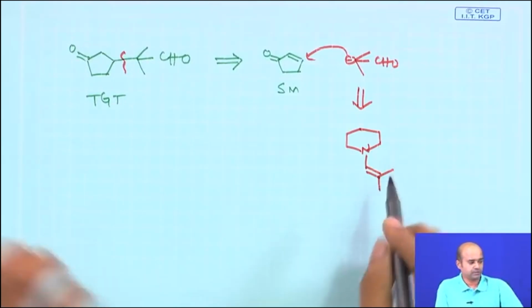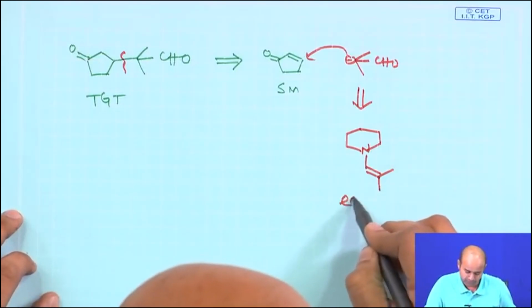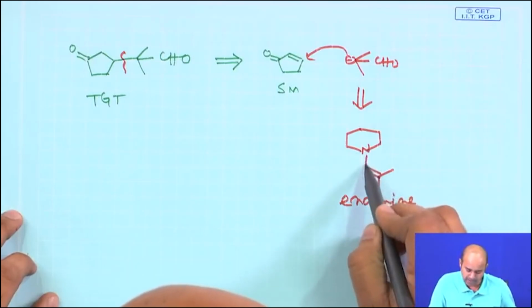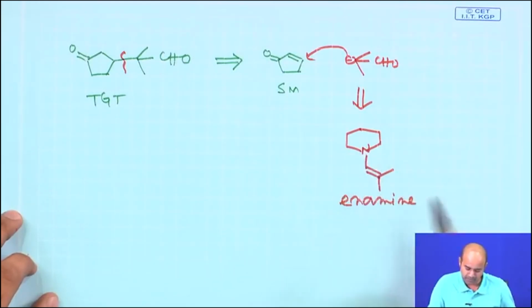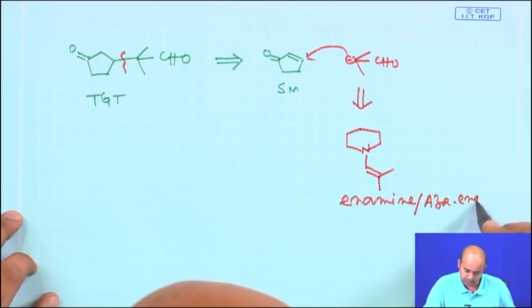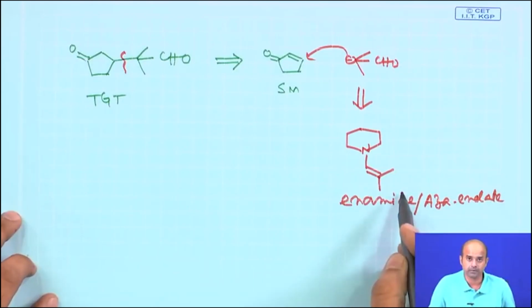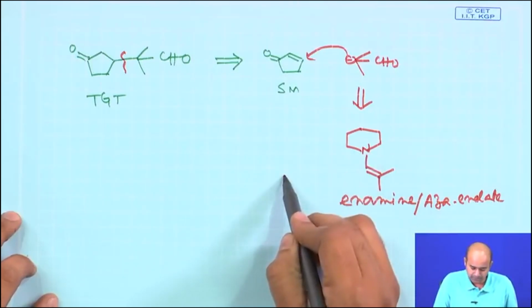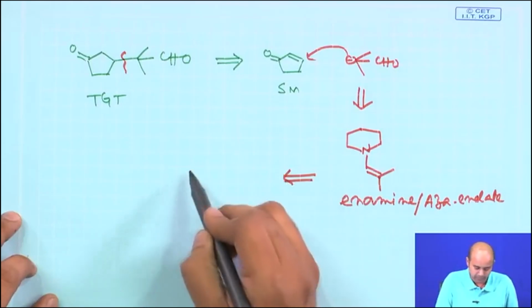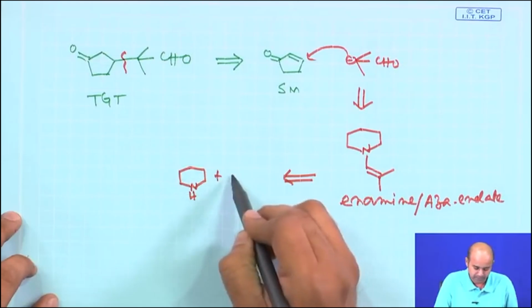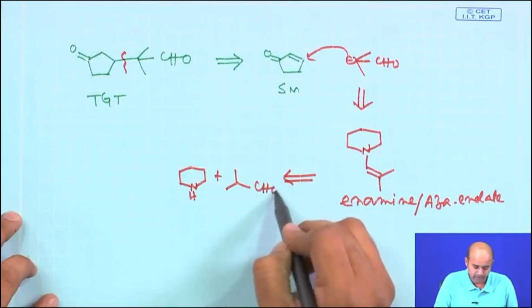We are just drawing some species which is basically an enamine. Now, enamines are what? En, amine. This part is en, this part is amine, it is called enamine. You can also name them as aza-enolate. You know enolates are basically oxygen-containing, double bond-containing compounds. Now, this is enols, but aza, oxygen is replaced by a nitrogen. Now, this enamine or aza-enolate you can simply prepare by taking a secondary amine with a suitable aldehyde like